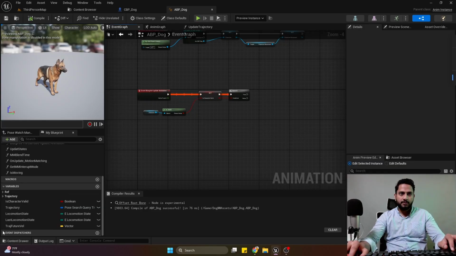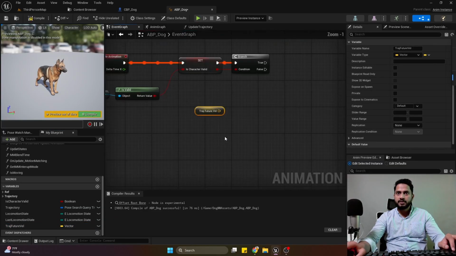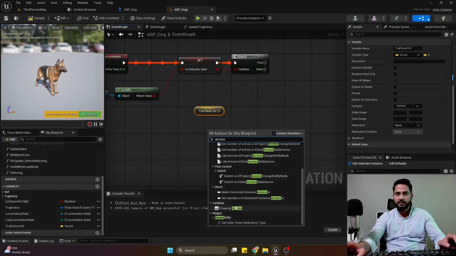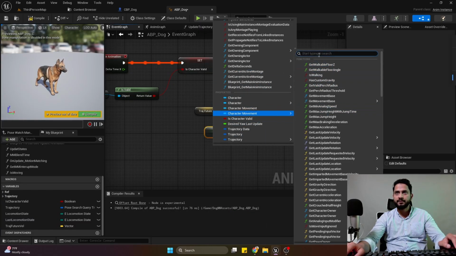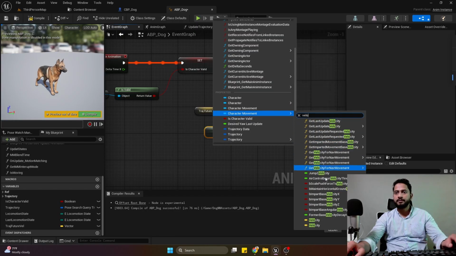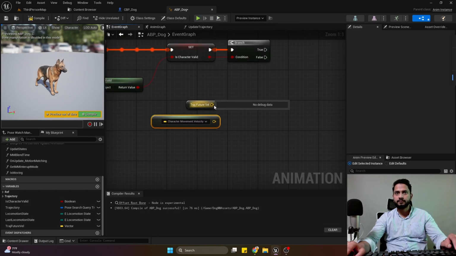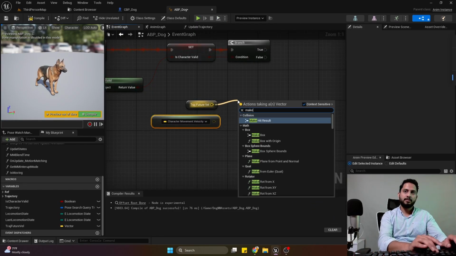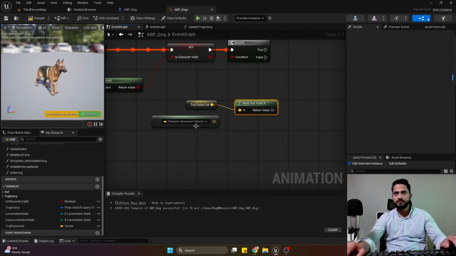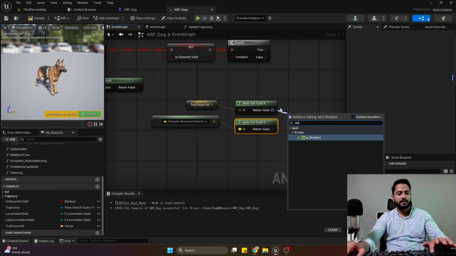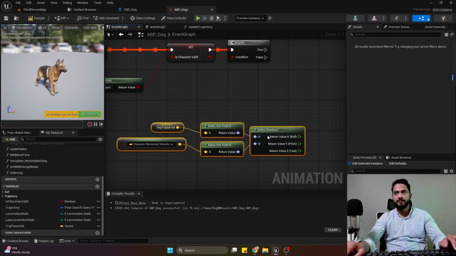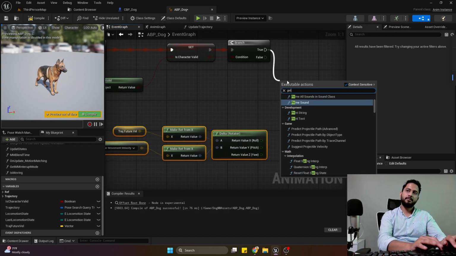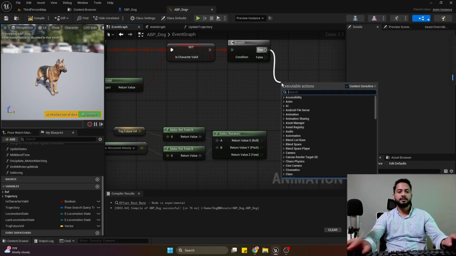I'm going to grab my trajectory future velocity and get my current velocity from my character movement component, for which we already created a reference. Then make rotation from X, take the delta between these two, and split. Now when I print string,